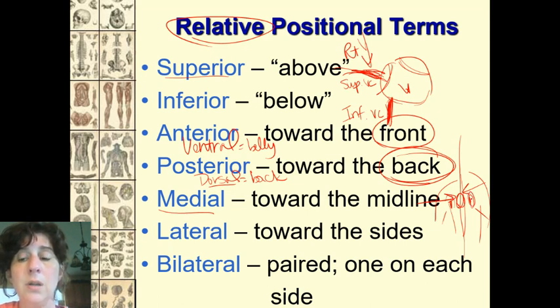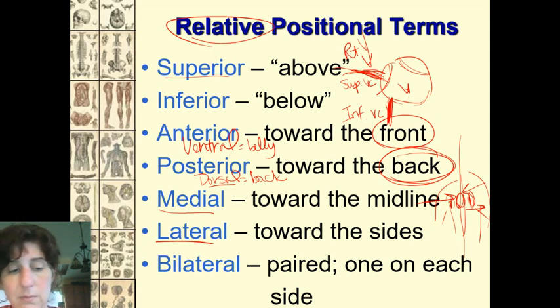The heart is medial. Likewise, lateral means towards the outside. So it means going outwards. So the lungs would be lateral to the heart. So you have to qualify this. They're lateral, they're towards the sides, and you have two of those. Bilateral, bi just means two. So bilateral means they're paired. You have two lungs. They're bilateral. They're on both sides of the body. You have two kidneys. They're bilateral, paired, one on each side of the body. You don't have two noses, but you do have two nostrils, right? So some of those can be paired, some aren't.